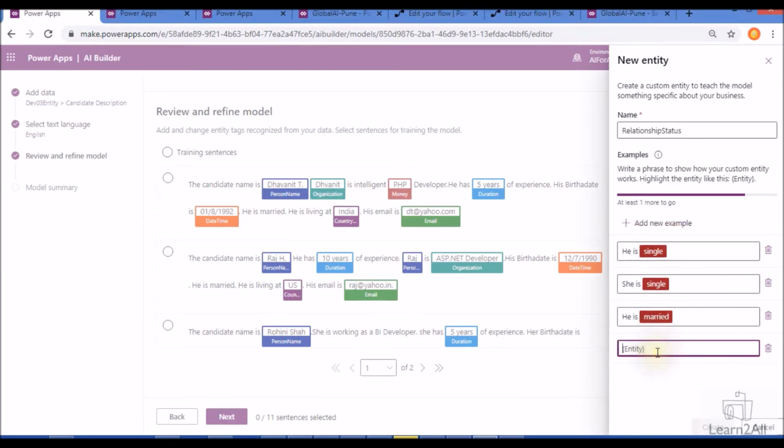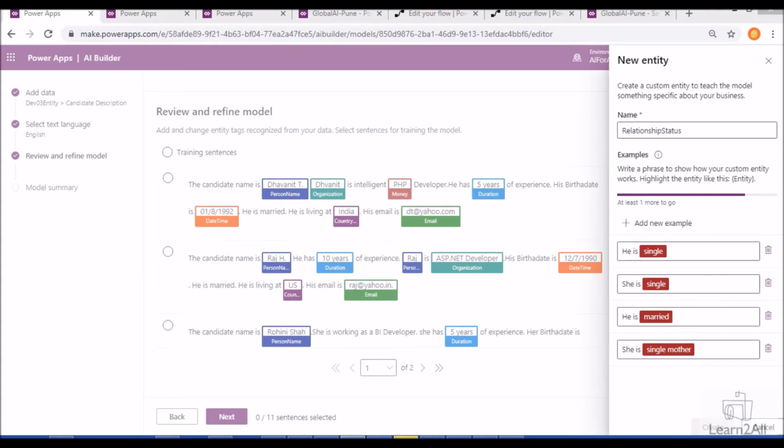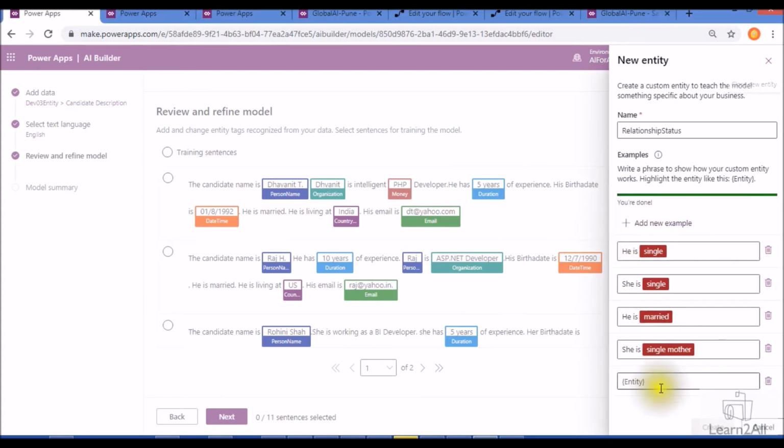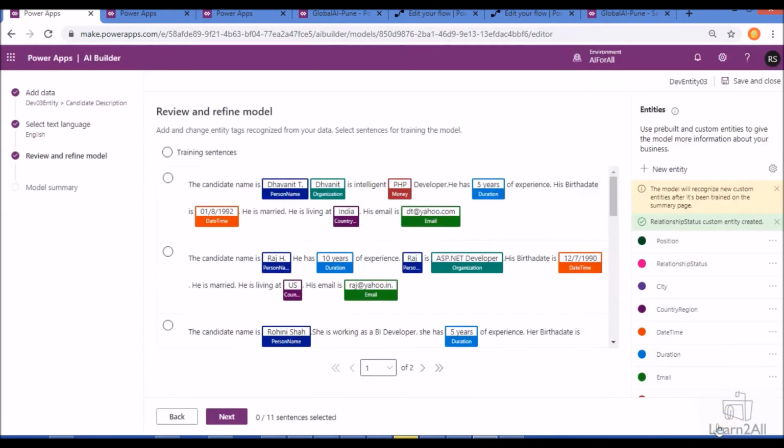And it can be like this: she is single mother, or the value can be like he is unmarried. So these are the different values for relationship status. Just click on create. So your entity has been created successfully.